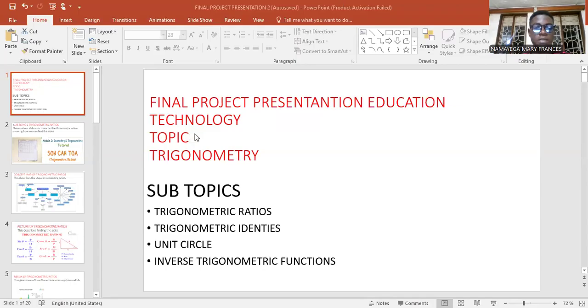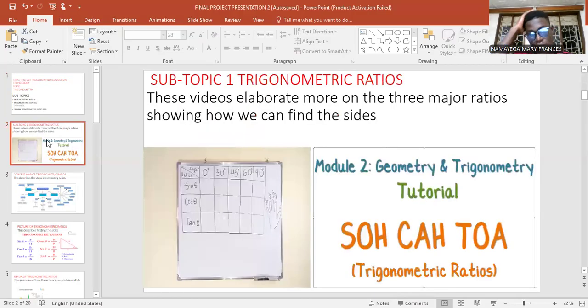Going to work out with mathematics, a topic of trigonometry, which is of term 1 from 5. So it covers some topics of trigonometric ratios, trigonometric identities. We have the unity circle, and then the inverse trig functions. So in trigonometry, we have these subtopics, and they cover up